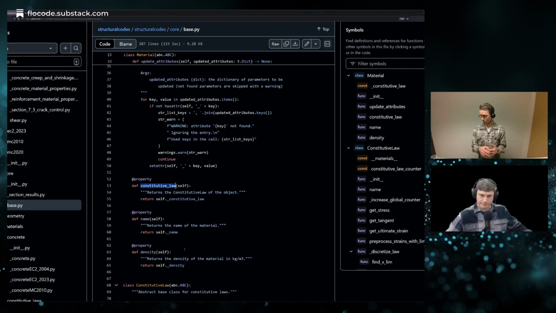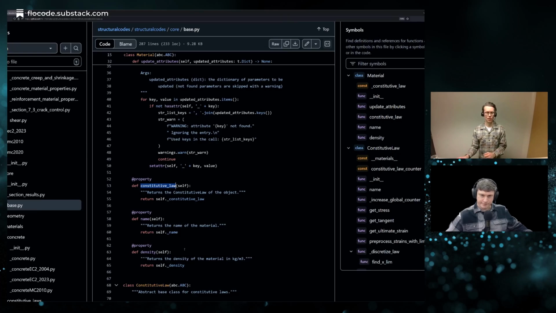Well, when we do this, we can quite easily swap the material with another material, and then the geometry and furthermore the section will treat it as just another material, and it will ask this material for relevant properties.